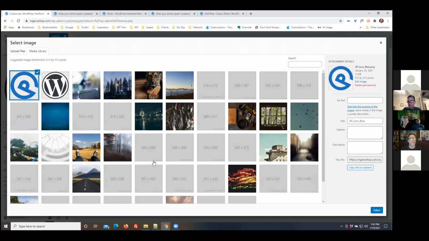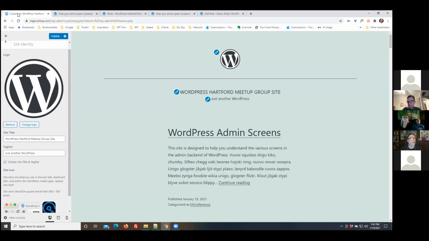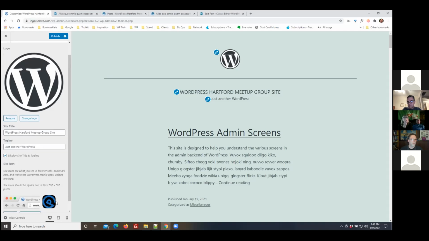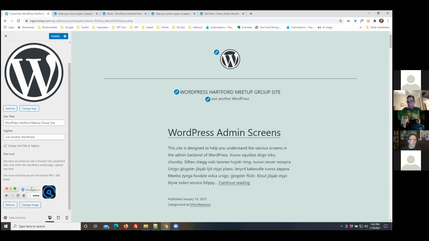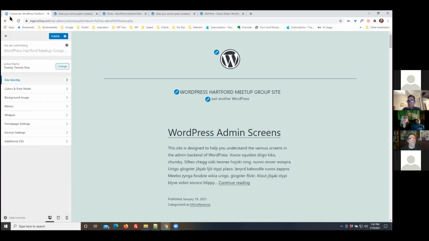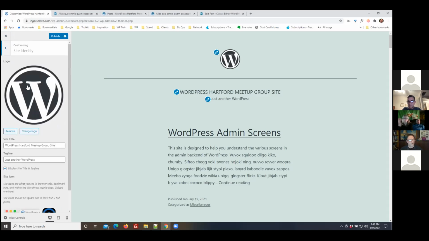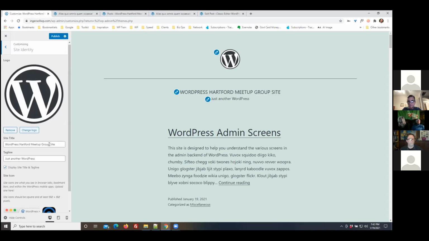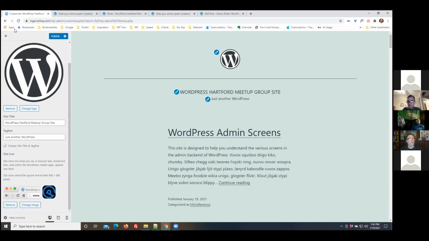There are favicon makers, but it's that simple image that if I select that, now my icon has changed to that. I don't know if you can see on the screen, but this is now my site icon. It gives you a little image here, but this is where you do this. This is all under your site identity. So a lot of times people wonder, well, how can I change that? This is where you change it, under your customizer, under site identity, where you add your logo, if you want to, your site title, your tagline, and that little icon that appears in the tabs in browsers,